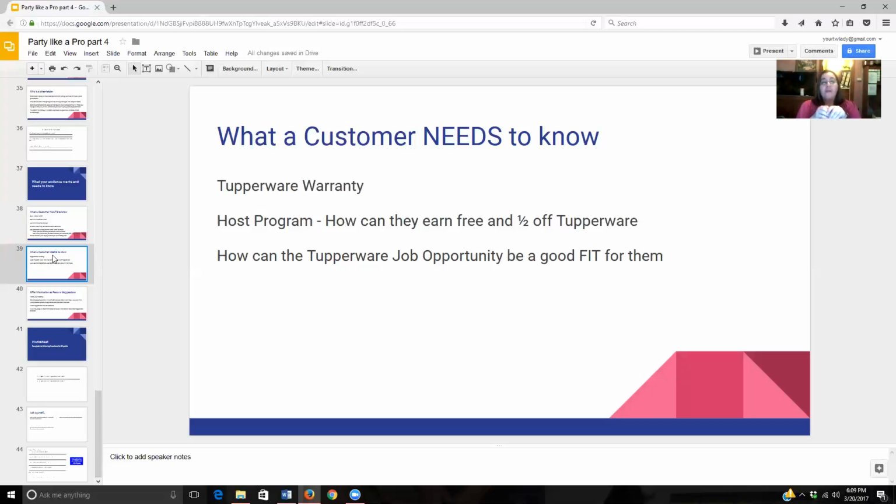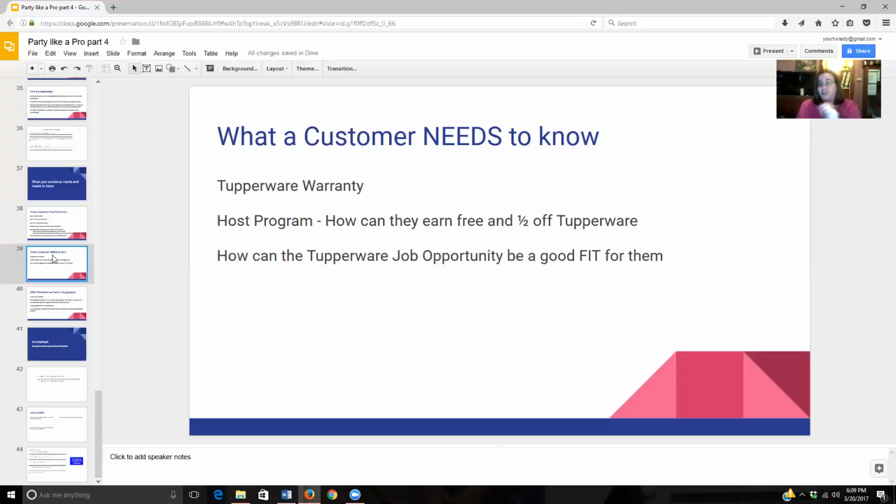And of course, we want to make sure that our customers also know how can the Tupperware job opportunity be a good fit for them. Now, we know there's a lot of different ways that Tupperware job opportunity can be a good fit. It's not just about the money. There's friendships, there's money, there's trips that can be earned, there's